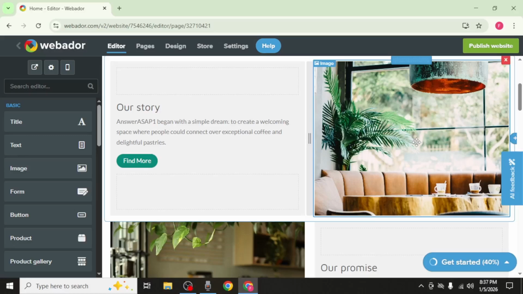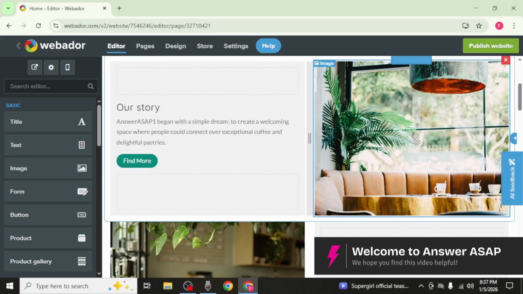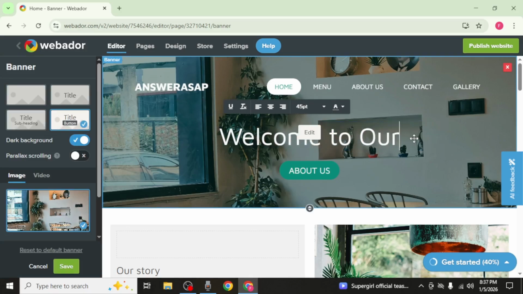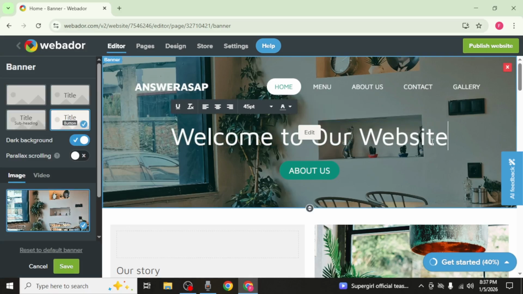In this video, I'm going to show you how to save changes in Webador. Whenever you make any changes on your Webador website, such as editing text, updating images, or modifying buttons, those changes are not saved automatically. For example, if you edit the text in your banner, the changes will remain unsaved until you manually save them. To do this, click on the Save button located at the bottom left-hand corner of your